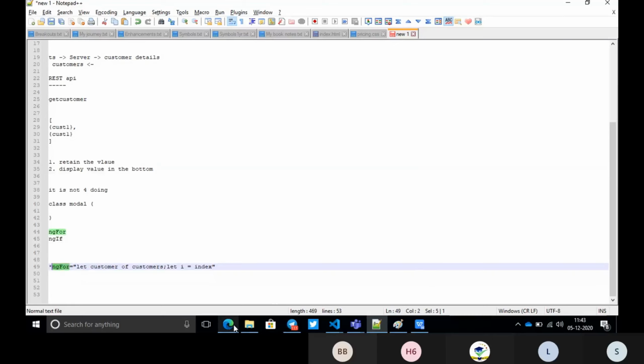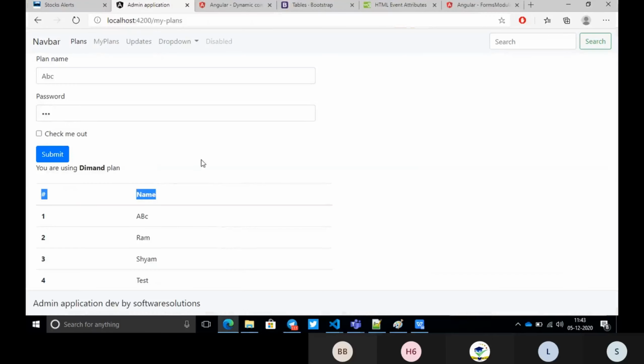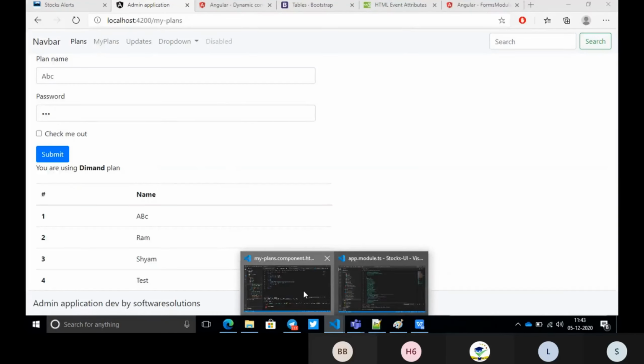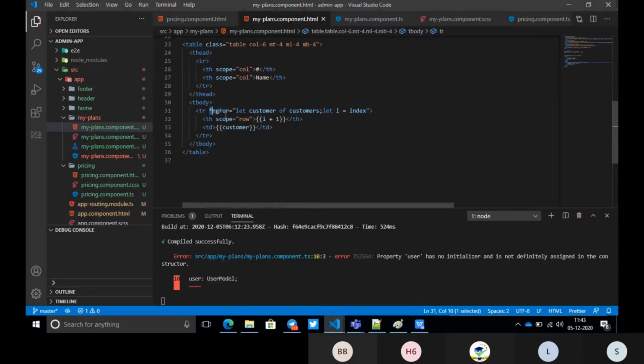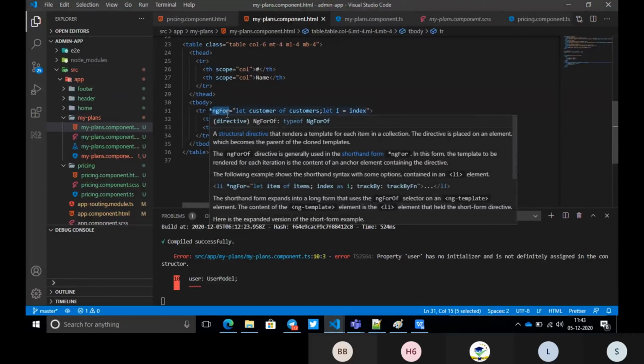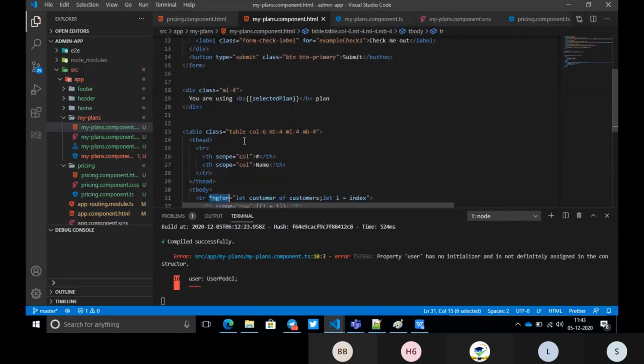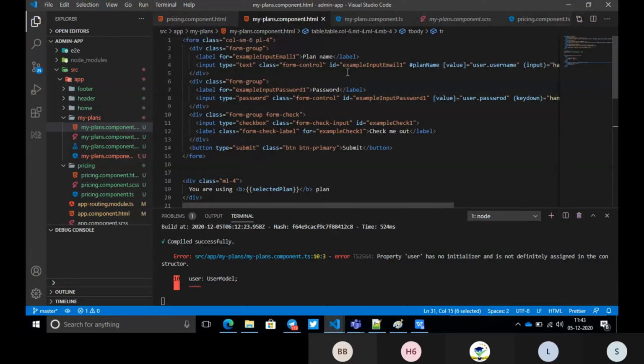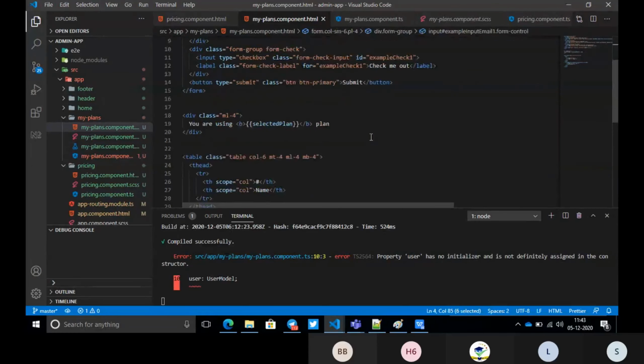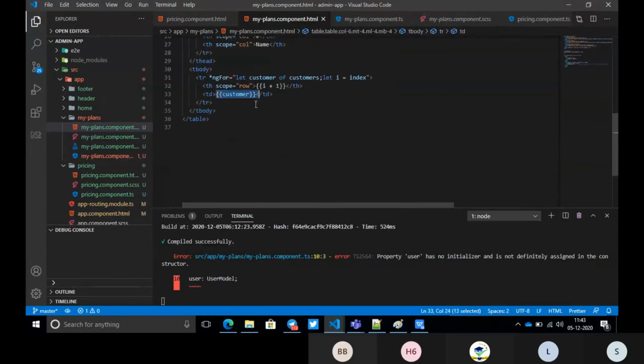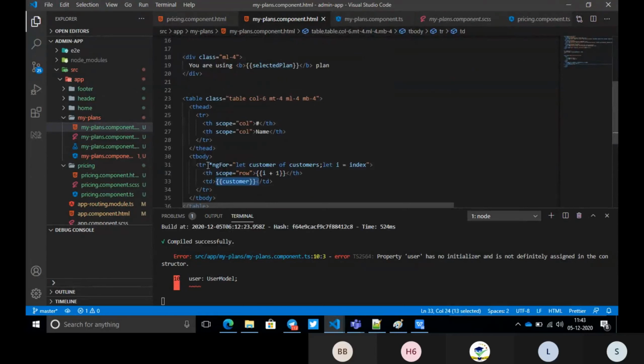How Angular identifies it as a directive is the next question they will ask you in the interview. How is ngFor a directive and how is Angular identifying it? It is because we are putting a star before this ngFor. That means it is a directive. We put a star here, but for other variables we are not putting a star anywhere, right? We are using just angular brackets or templates, but we are not adding any star. Only a star comes for directives. This directive ngFor, we identify using the star, right?